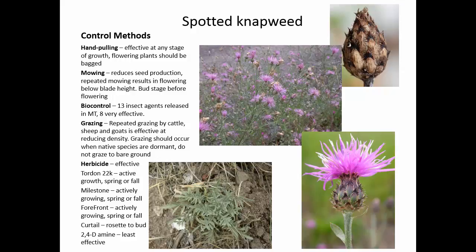Just in time for our favorite one, spotted knapweed. Did you guys get that right? It gets its name from the bracts of the flower. This is the bract of the flower, the spotted appearance on it. We have a few knapweeds on our noxious weed list, but spotted knapweed tends to be the one that everyone has. I wouldn't believe somebody that said they didn't have it. But knapweed is easy to control. You can do just about anything and control knapweed. It's easy to get rid of. Do you agree? Just have to wear gloves, right?